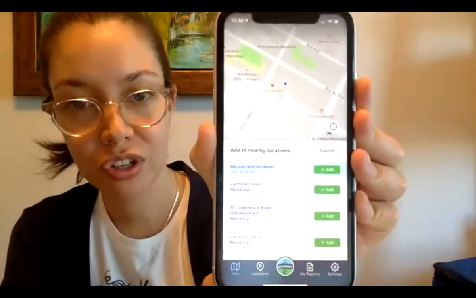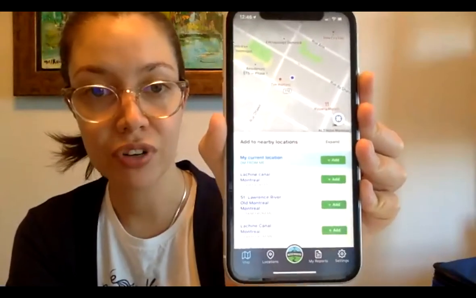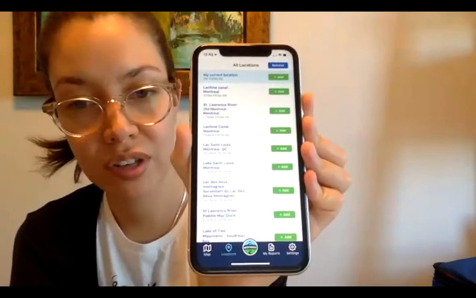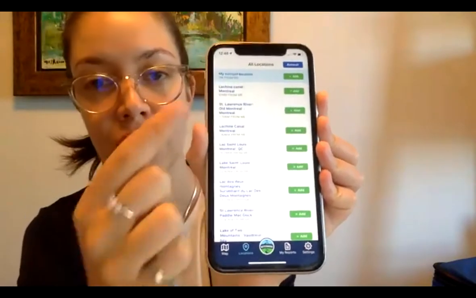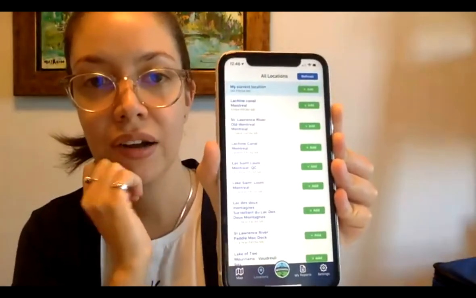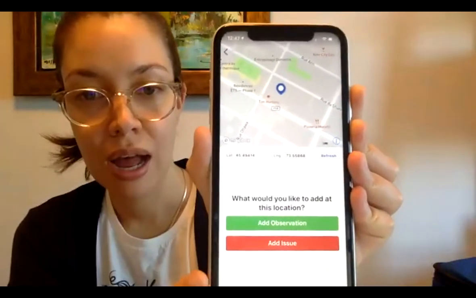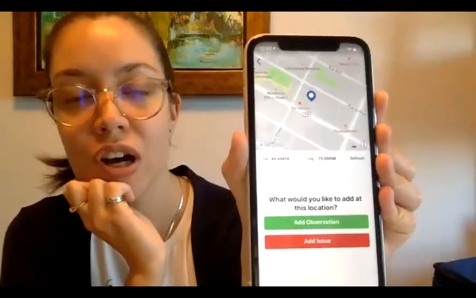Okay, so it's just gonna look like this, and you can easily add location or add an observation, and it's gonna follow you around. So you would just press on the location tab at the bottom here, and then you could do from either your current location, so it's gonna find you if you have data, and then you would just add an observation. So it's found me, and then I would just do add observation,